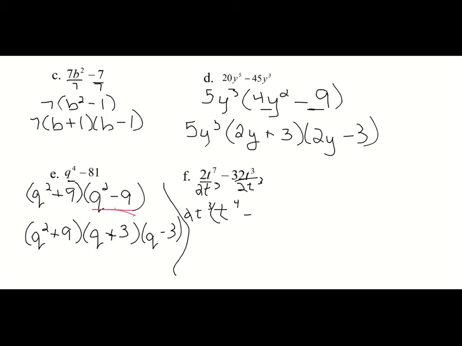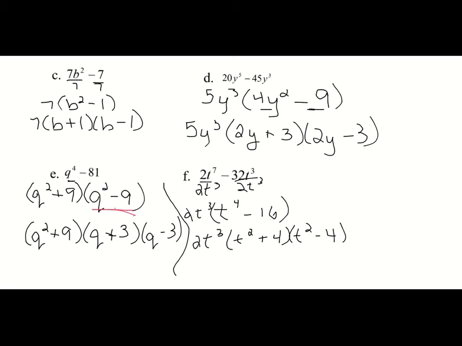Minus 16. Look at that. I was just talking about this, so now I can factor this again. So we have 2t to the third power. I can factor this. It's difference of perfect squares. It's going to become t squared plus 4 and t squared minus 4, which if you look, the t squared